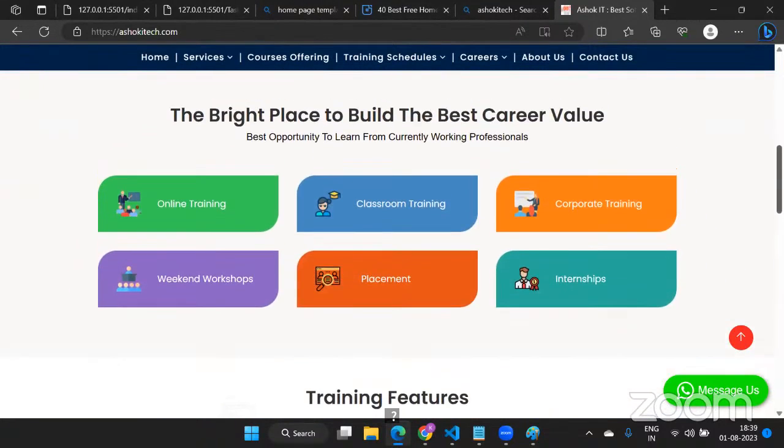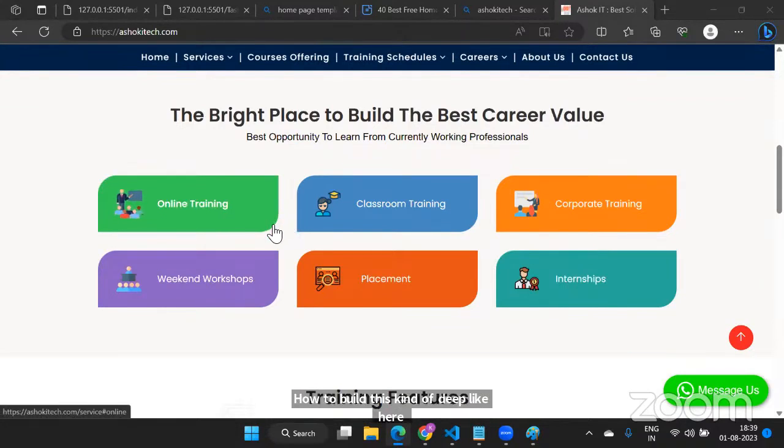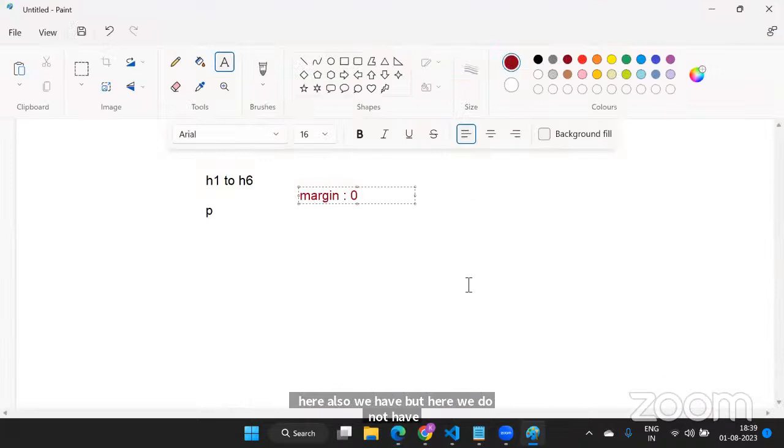This section, how to build this kind of div? Like here, see, there is a curve. Here also we have a curve. But here we don't have a curve. So for this, you have to explore a property called border